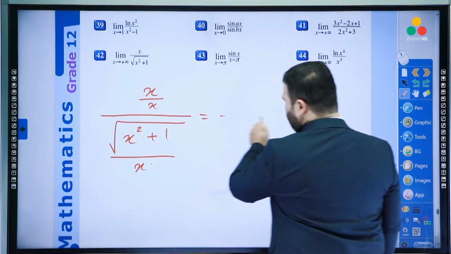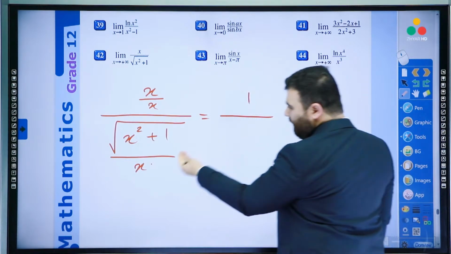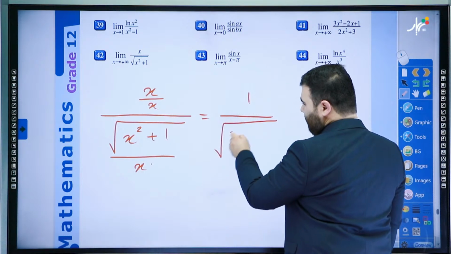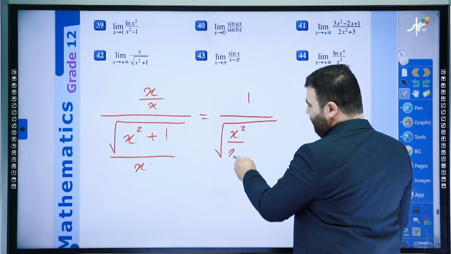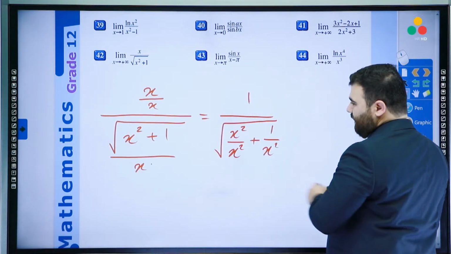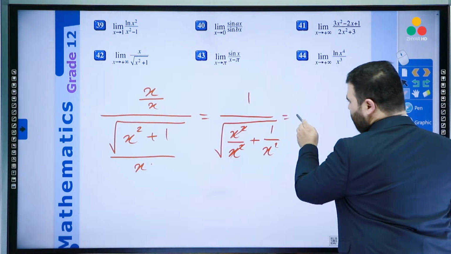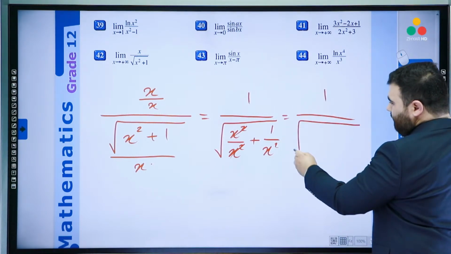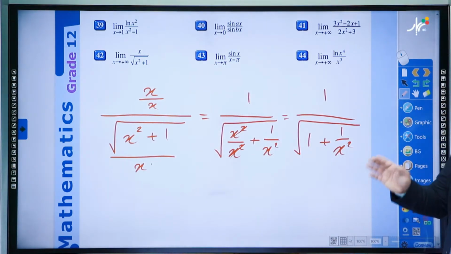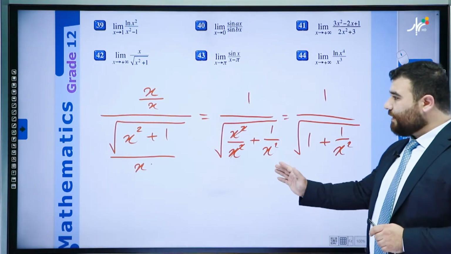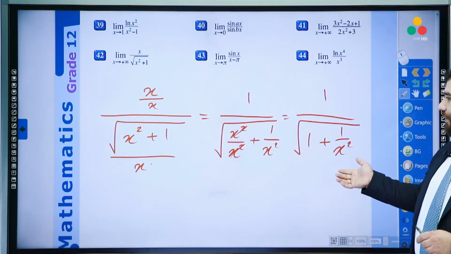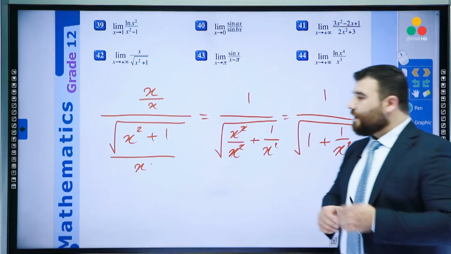Now up becomes 1, x over x is 1. If I want to enter this x to the root, it should become power 2. It will look like this, x power 2 over x power 2 plus 1 over x power 2. So these two cancel out each other. So it will be like 1 over square root 1 plus 1 over x power 2. This is how it looks after dividing up and down by x. This way is not L'Hopital's rule. This way is not related to derivative. But this is a way of calculating limits when